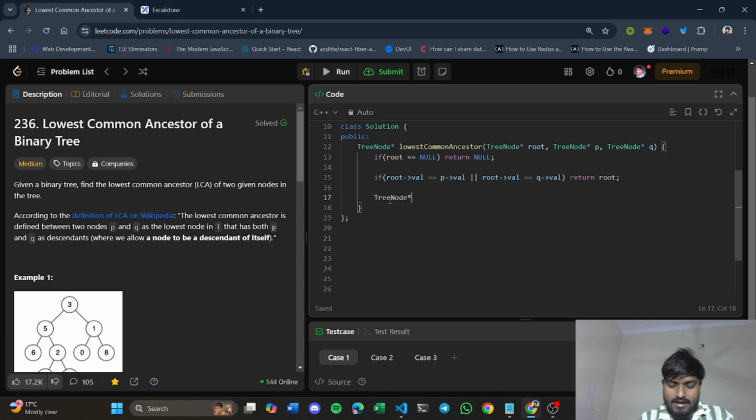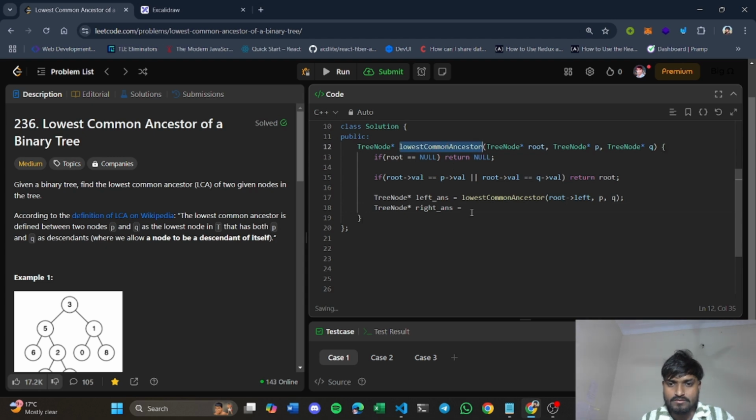Let's say you will store your left part answer as left answer, and you will call this function recursively. So you will call for root left, and you will pass P comma Q. Again, after returning back from there, you will call for the right part, and we will store the answer of the right part in right answer, right?